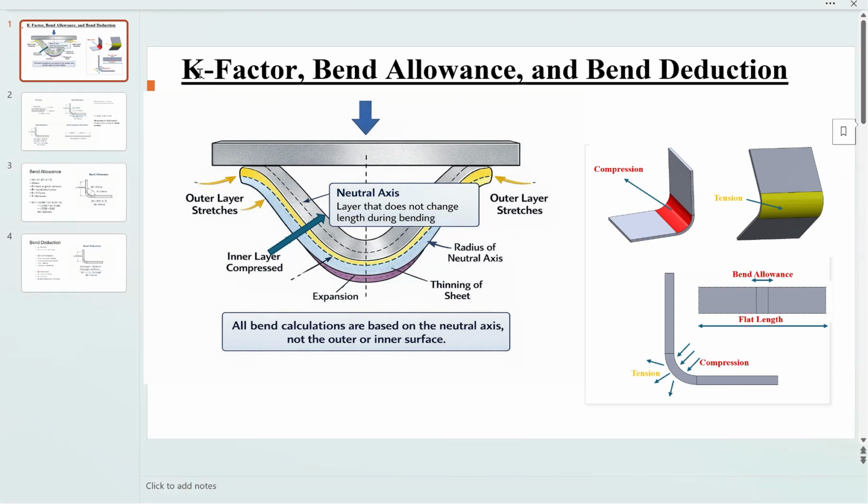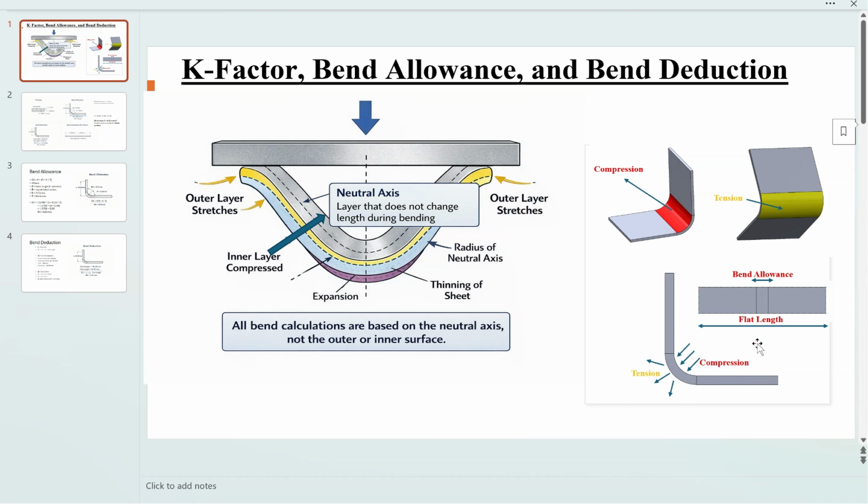In this tutorial, we will discuss the K factor, bend allowance, and bend deduction and how to use them in the SolidWorks sheet metal. As you can see, here is a sheet metal, and after the application of force for the bending, the sheet metal will deform like this. The outer layer will bear a tension, and the inner layer will deform